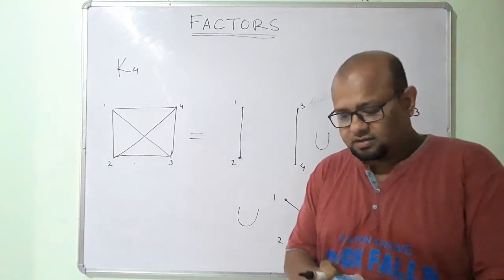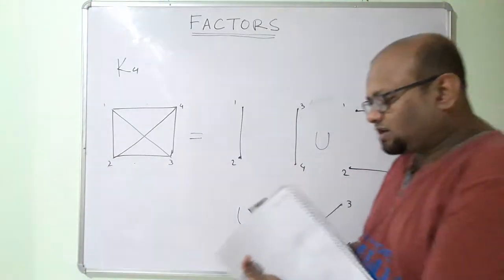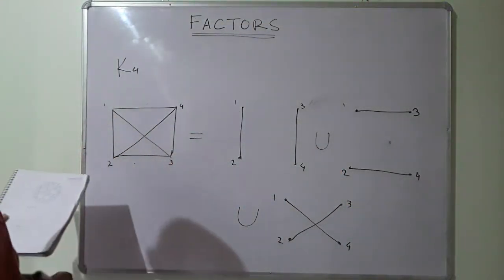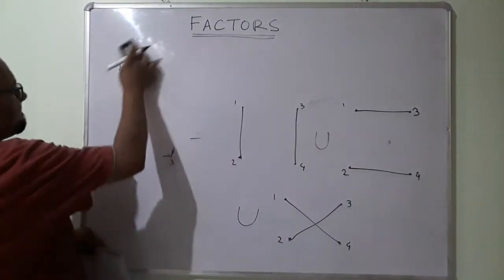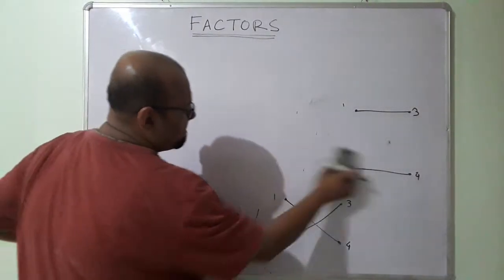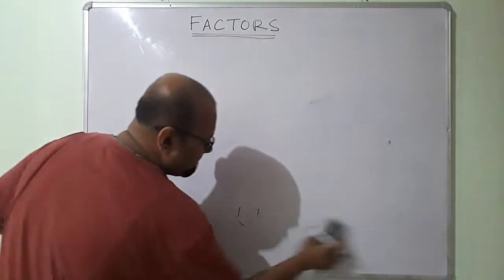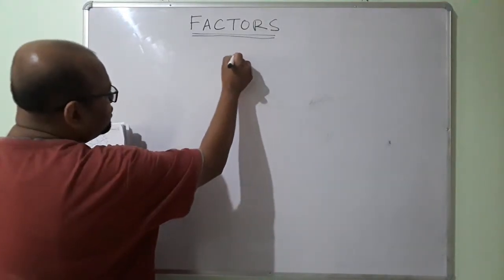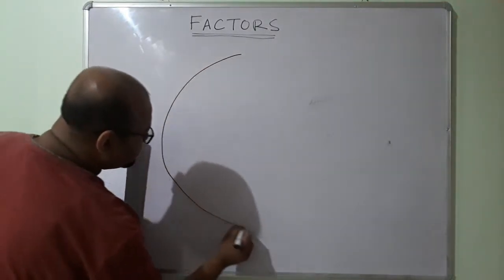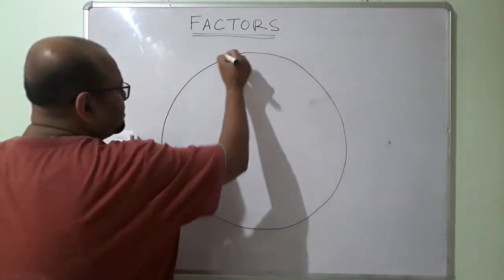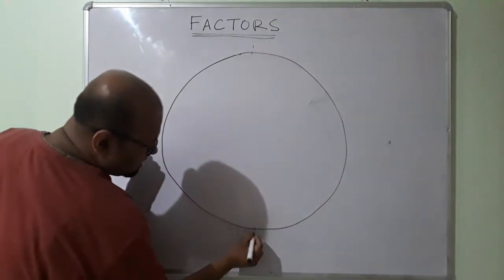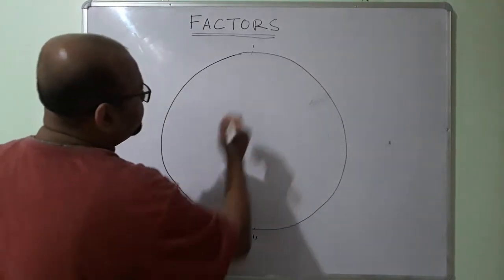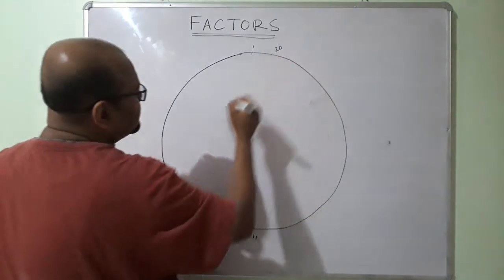All right, let us look at another one factorization. This graph is a bit difficult to draw. Not a bit difficult, it's really difficult to draw. It will have 1, here I have 11. This graph has 20 vertices. It is called the Desargues graph. 20 vertices and 30 edges.